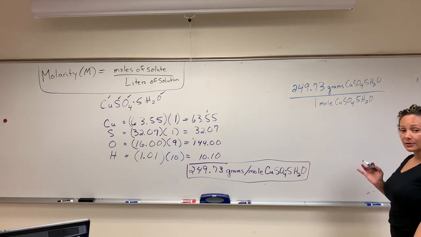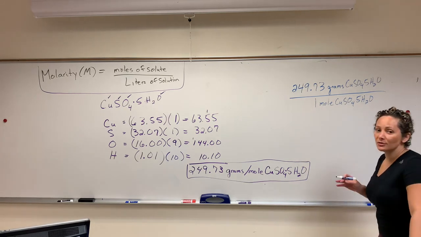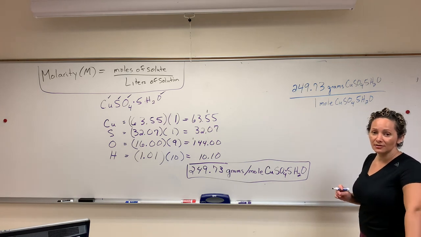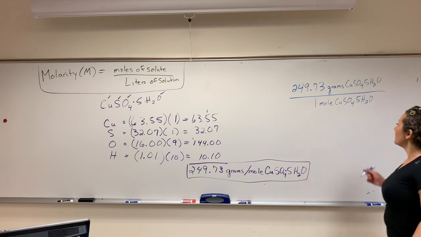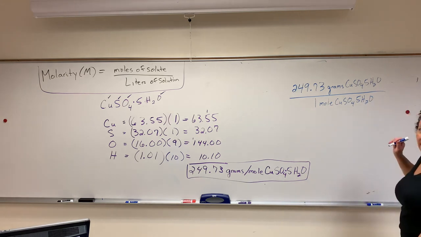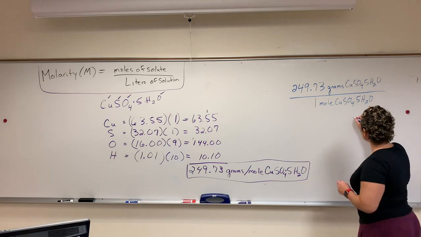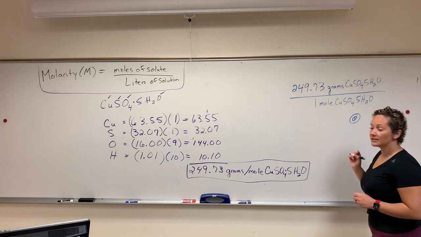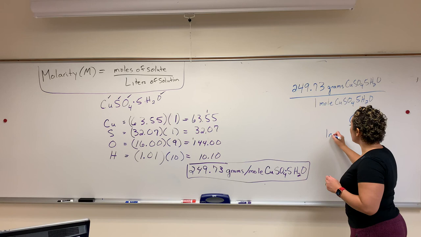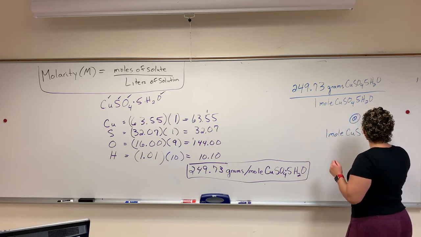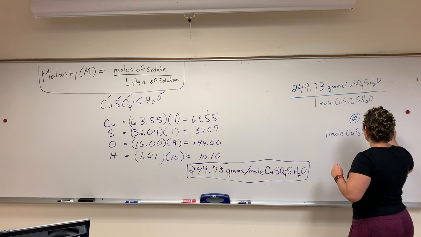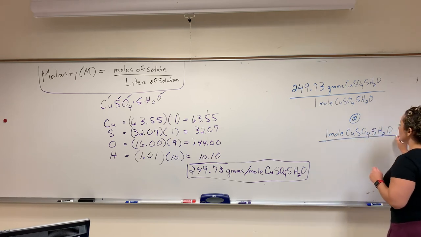Now, why is that important? Because you are going to use it in your calculations to, basically what I told you before, chase labels and to get to the correct answer. Guess what? It won't always be in that fashion. Sometimes it could be in this fashion: 1 mole of CuSO4·5H2O is equivalent to